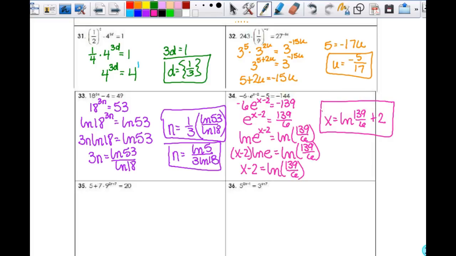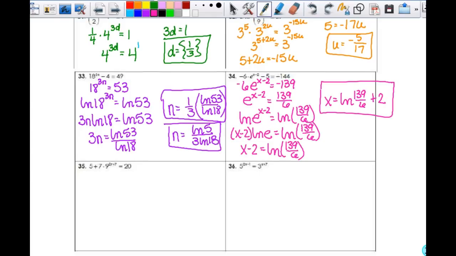And I forgot to remind you on this one, when you get here and you're using the one-to-one property, you are not canceling out the 3's. The 3's don't get to disappear. You're not like dividing by 3. None of that makes any sense. So just keep that in mind. They're not going anywhere. I think I'm going to make a little video that explains that, because that's something that you learned last year, but I don't think we all understand what's really happening. All right,